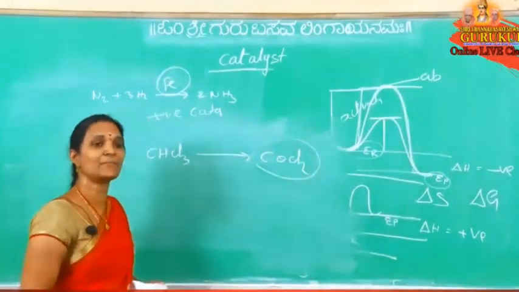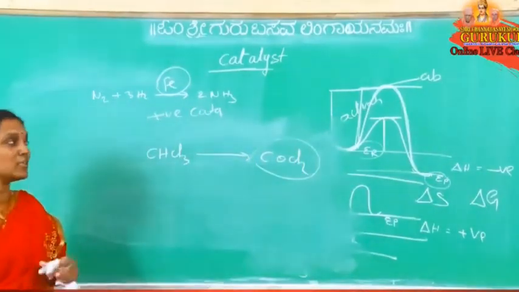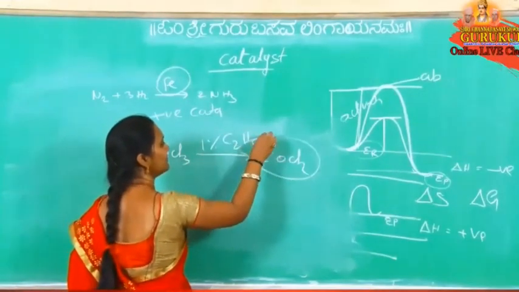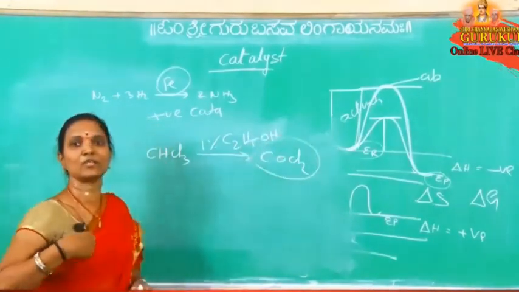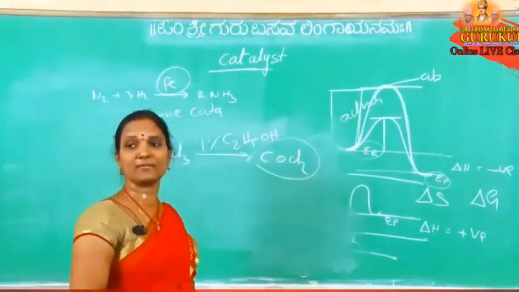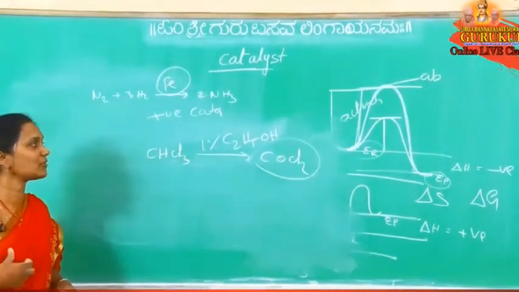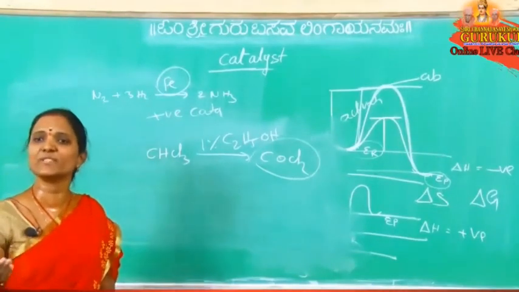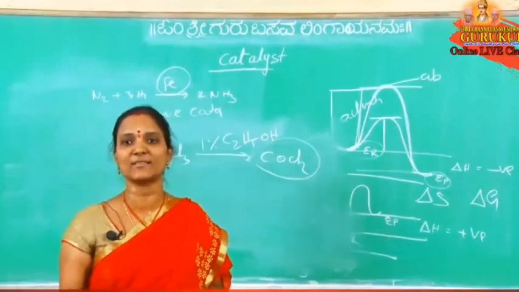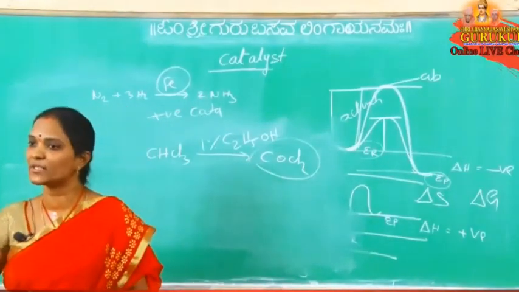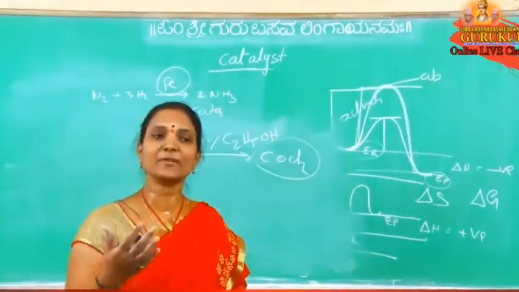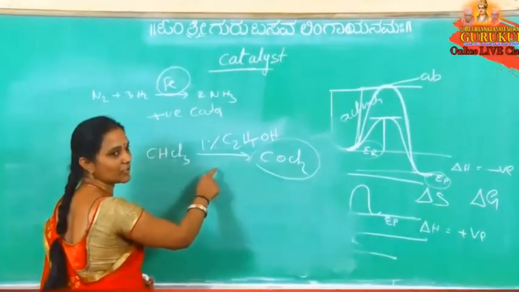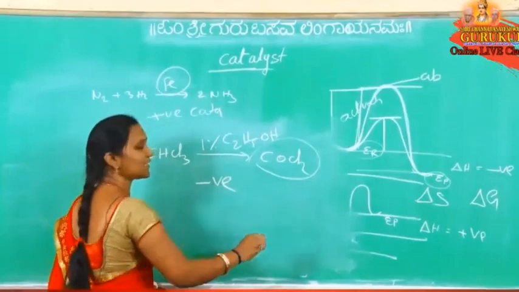What is that poisonous compound? COCl2, phosgene. So to prevent this reaction, here we are using 1% ethyl alcohol. 1% ethyl alcohol is used to prevent the decomposition of this chloroform. This ethyl alcohol prevents the reaction. Preventing the reaction means it acts as a negative catalyst or positive catalyst? If it increases the rate of reaction, that is a positive catalyst. If it decreases the rate of reaction, that is a negative catalyst. Now it stops the decomposition, so it is a negative catalyst.